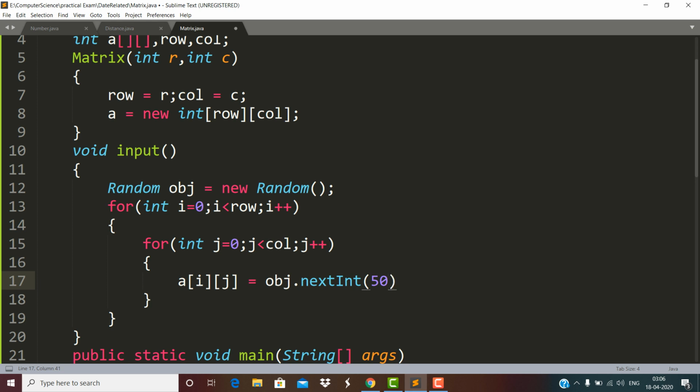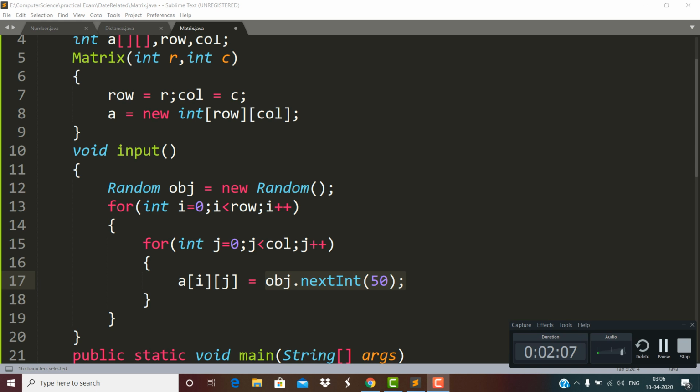So what this function is doing is this function will receive values from 0 to 49. Any random value it will pick, and that value will be filled within the given index number. So this is how we can do it.